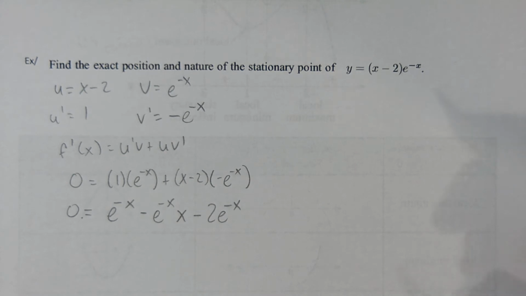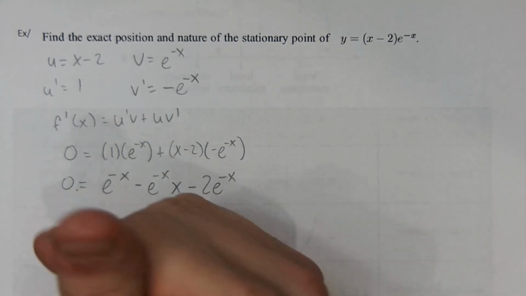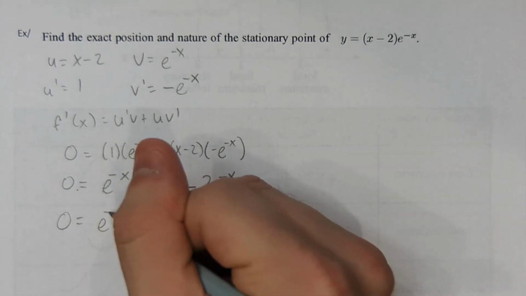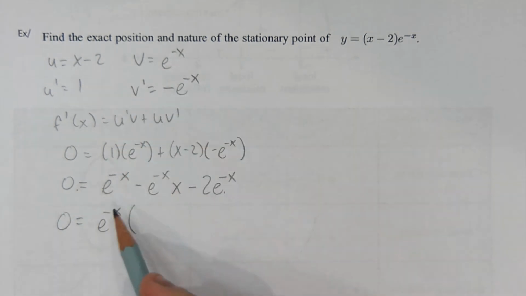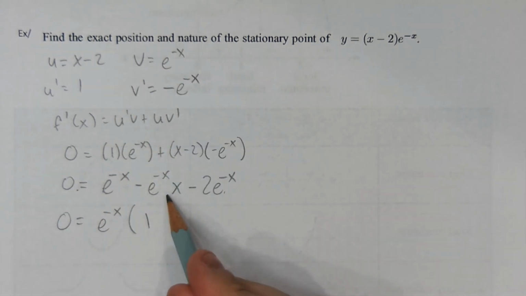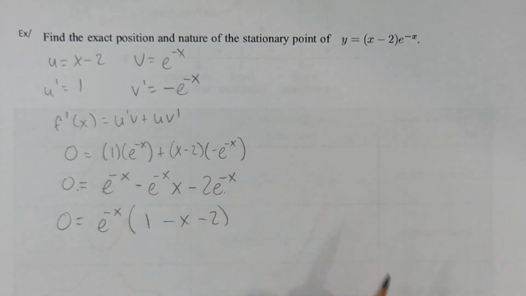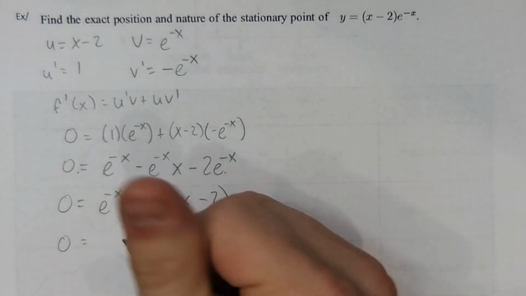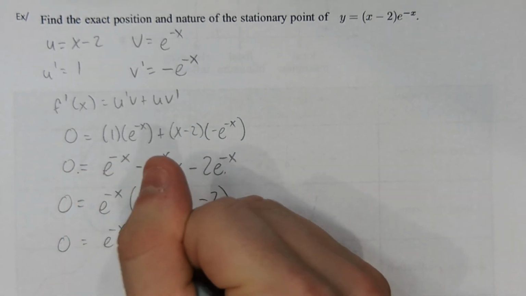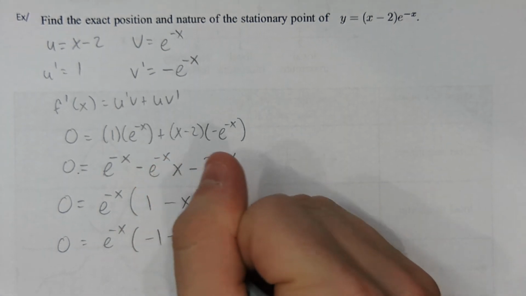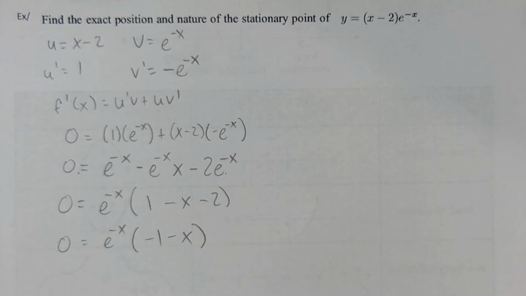So you're asking, how do we figure out where that equals 0? Well, just like the last example, factoring is the solution. We're going to have to factor. So for this one, what I'm seeing is a GCF of e to the negative x. So we pop that bad boy out of there, and it's going to leave us a 1 from here, a minus x from here, and a minus 2 from here, which does simplify to 1 minus 2 is negative 1. Negative 1 minus x, if that's a little bit confusing,